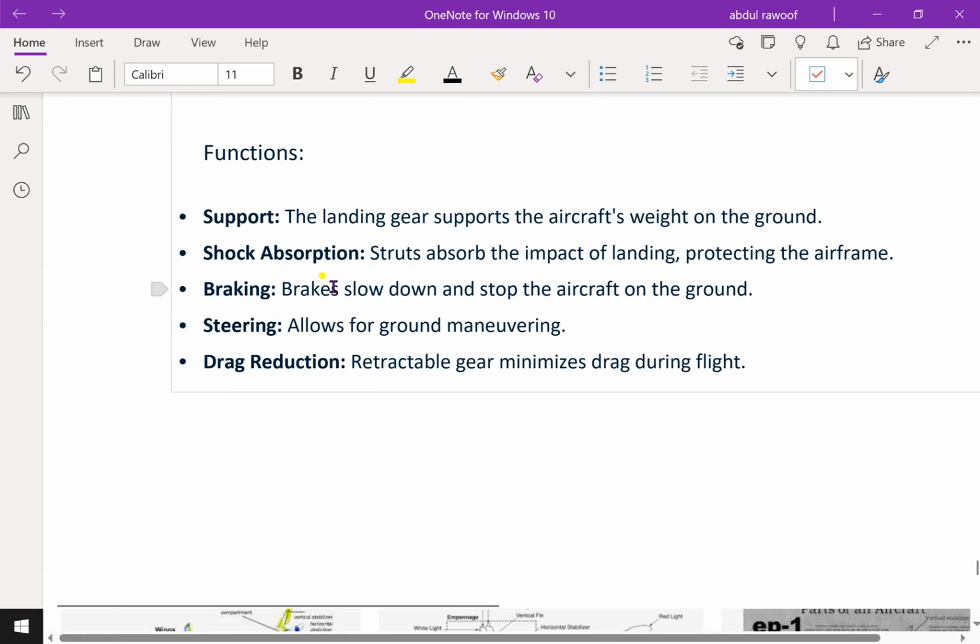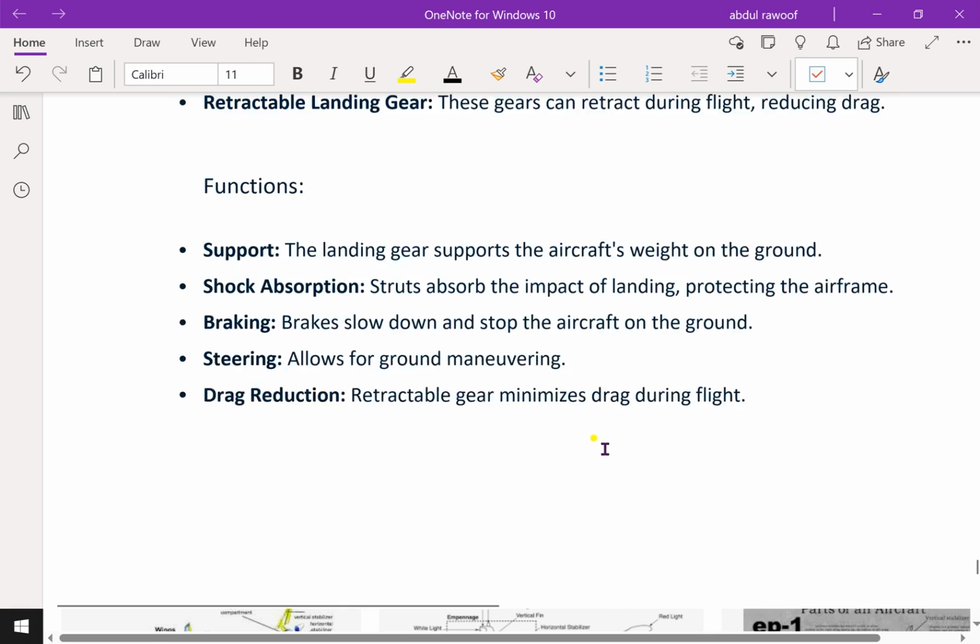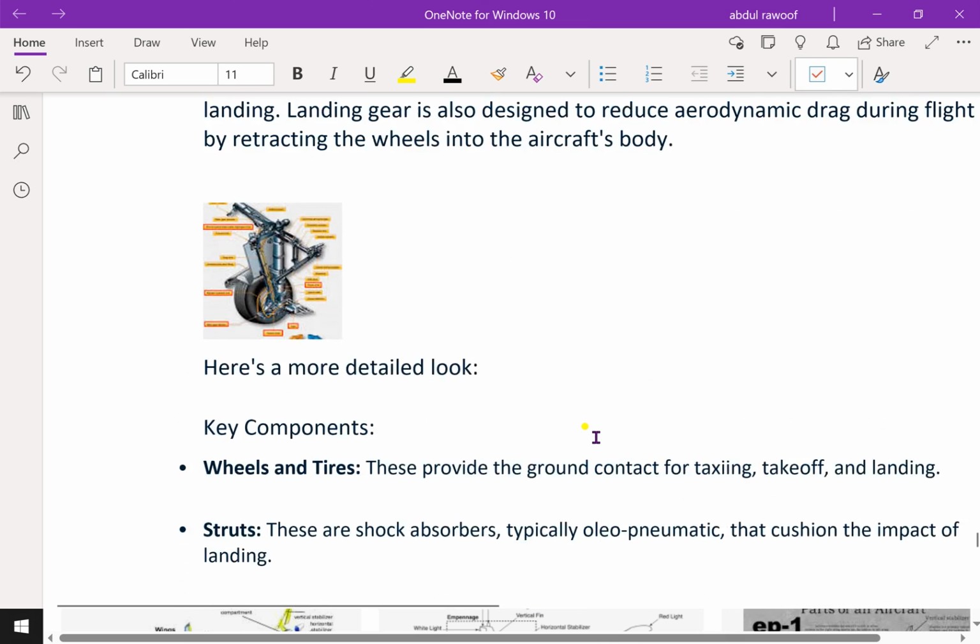How it functions. Support: the landing gear supports the aircraft weight on the ground. Shock absorption: struts absorb the impact of landing, protecting the airframe. Braking: brakes slow down and stop the aircraft on the ground. Steering allows for ground maneuvering. Drag reduction: retractable gear minimizes drag during flight. So far we discussed a little about